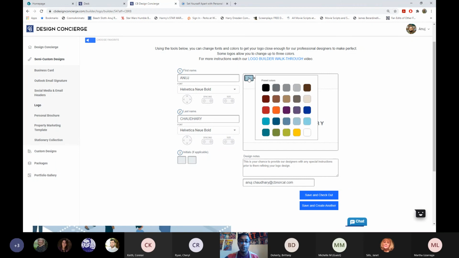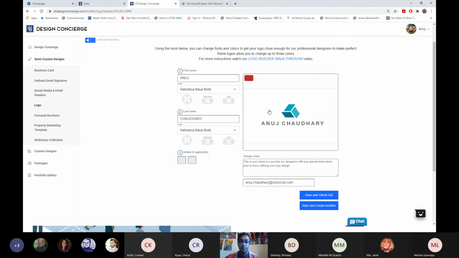I can change the colors. And if I've got a basic idea of what I'm looking at here, but I do want to make some fine tweaks, like I'd like these to all be a bit farther apart and for everything to be nice and centered,